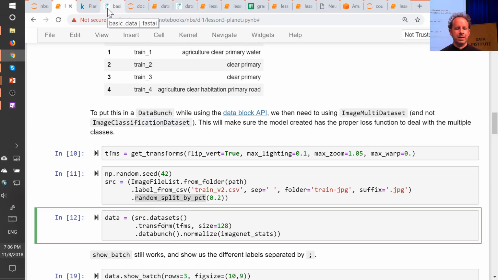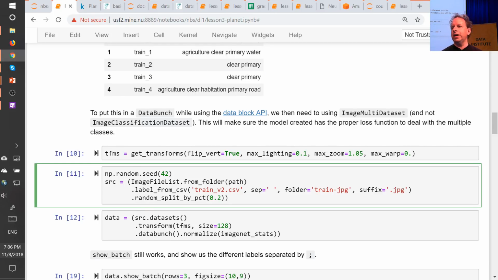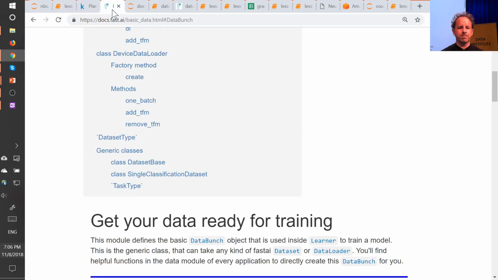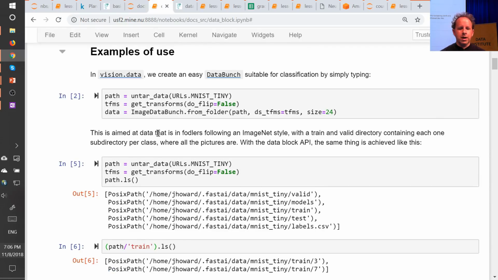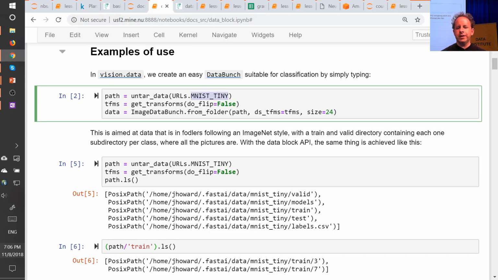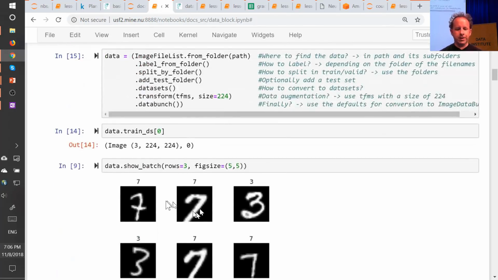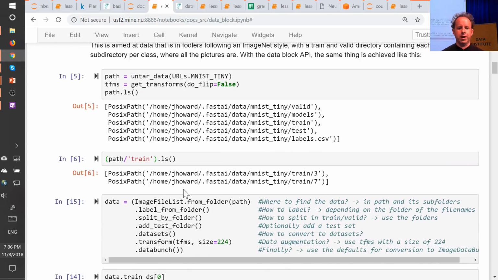So let's look at some examples of this data block API, because once you understand the data block API, you'll never be lost for how to convert your data set into something you can start modeling with. So here's some examples of using the data block API. So for example, if you're looking at MNIST, which remember is the pictures and classes of handwritten numerals,